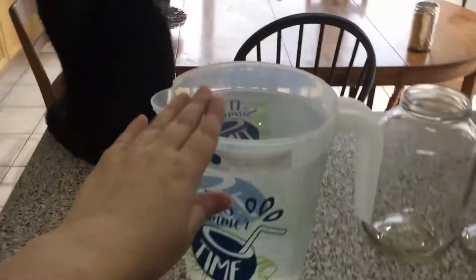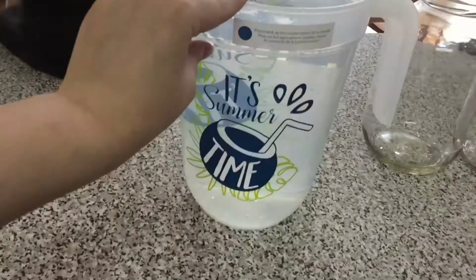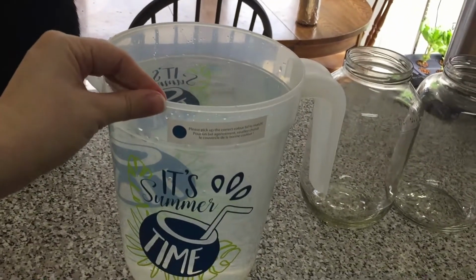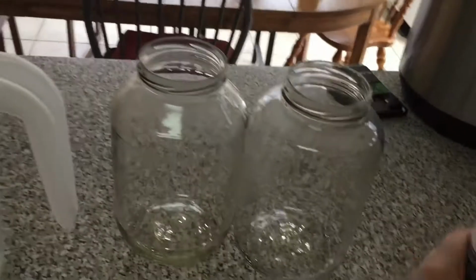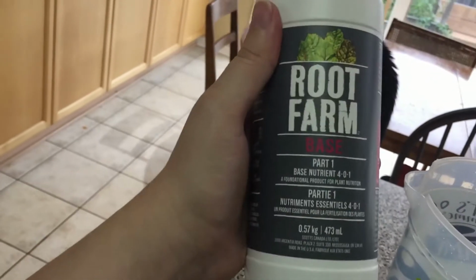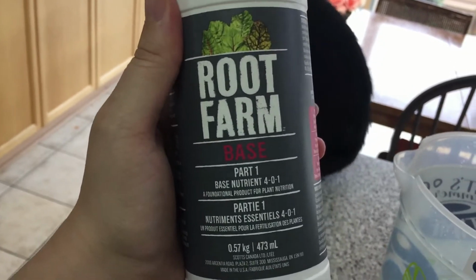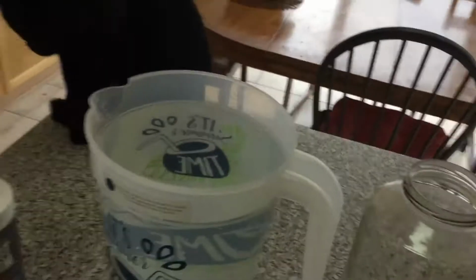Okay, so this is 4 liters of water, and in this container I'm going to mix the nutrients for the plants to eat. So I use the root farm nutrients, so it's a 2-part solution. You've got your base solution, so part 1, and then